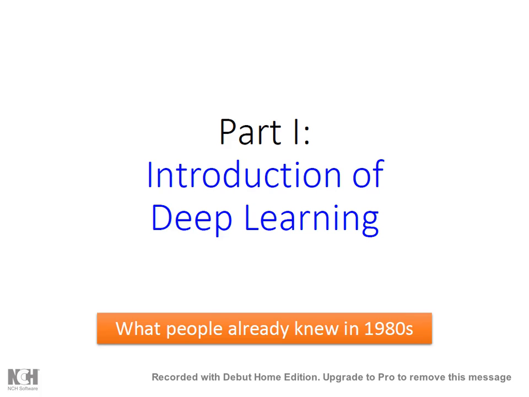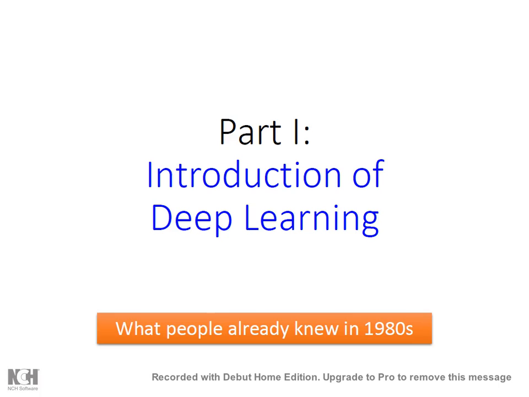Okay, so part 1, introduction of deep learning. Such a technique we already knew in 1980. So it's not a very basic breakthrough. It's actually a very old technique. Deep learning is derived from the neural network. But why was it not popular for about 20 years until recently, when it has become very popular, even the state of the art in machine learning?